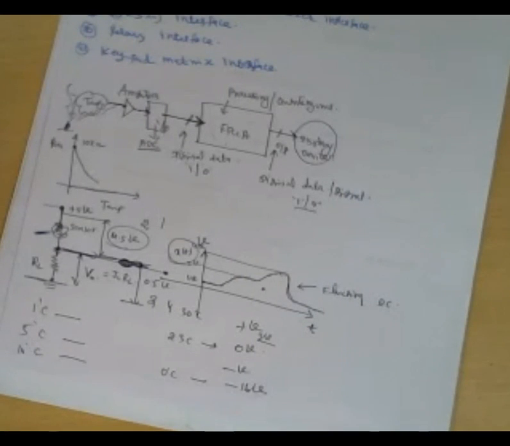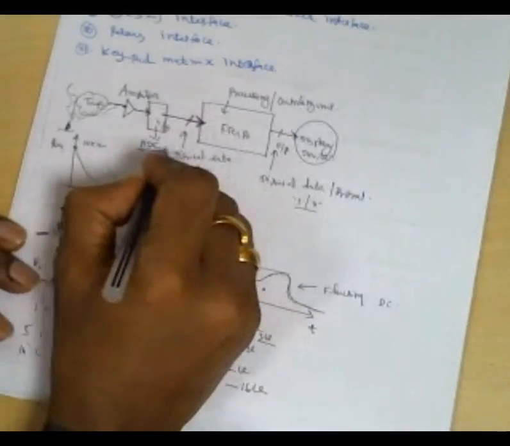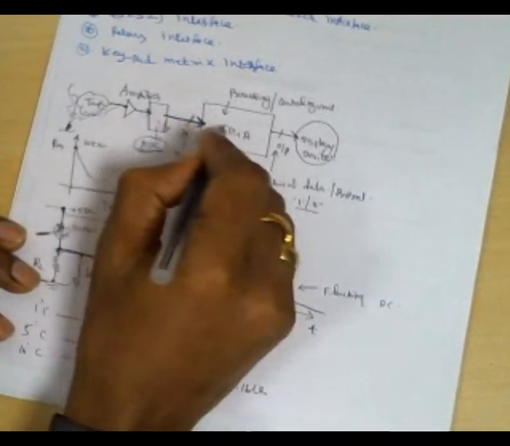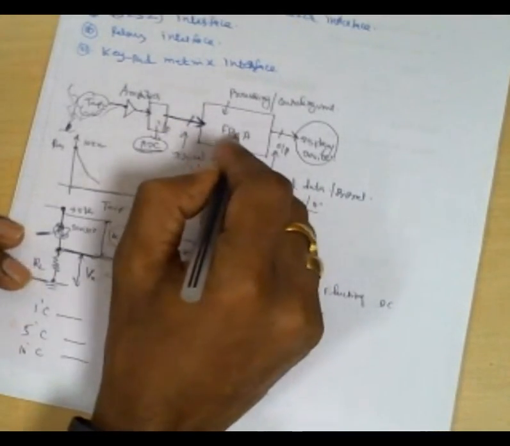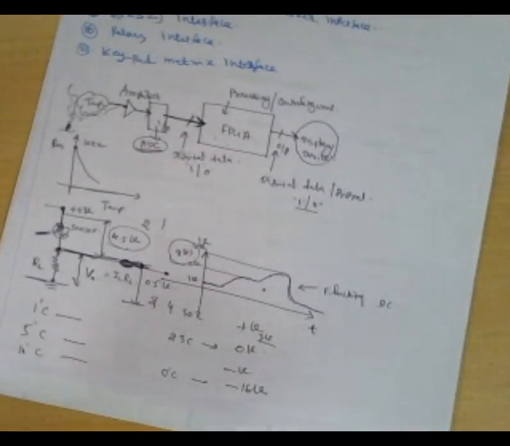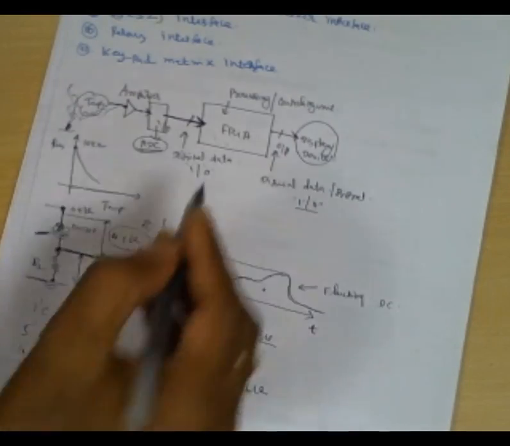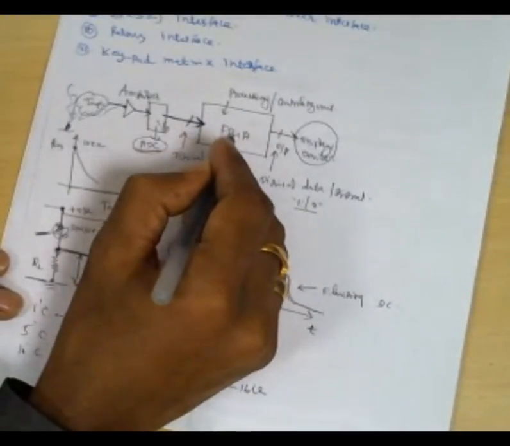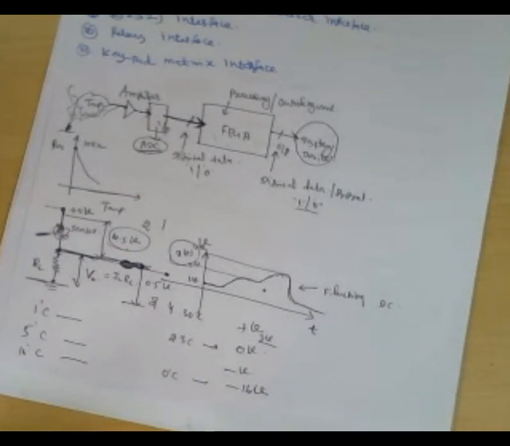No? But now the question is there. There is one problem now. What is the problem? Suppose I am getting something from this sensor. The ADC is here now. The ADC is giving us data, right? The FPGA is working there. But how will there be synchronization between the ADC and the FPGA? Because the FPGA should know when the ADC is giving data, because everything is happening at a very high speed now. Very high speed. You understand? So we need to collect the data without missing any sample. Without missing any sample, right?